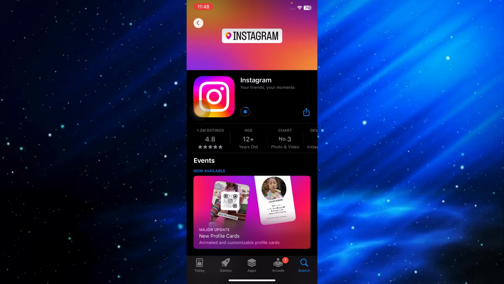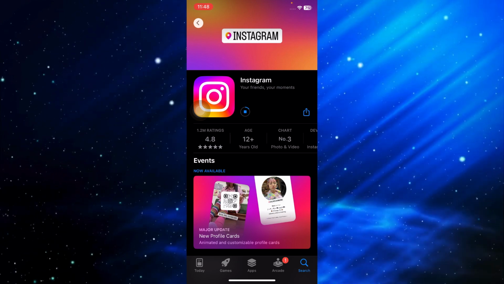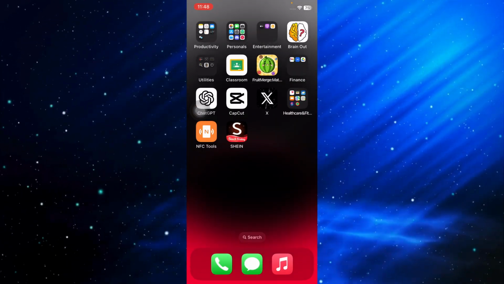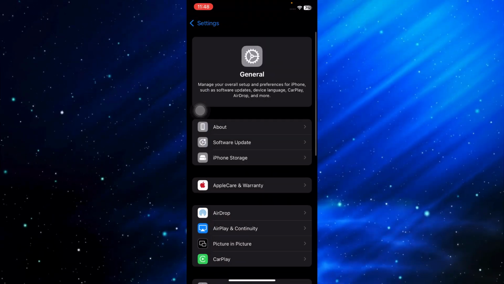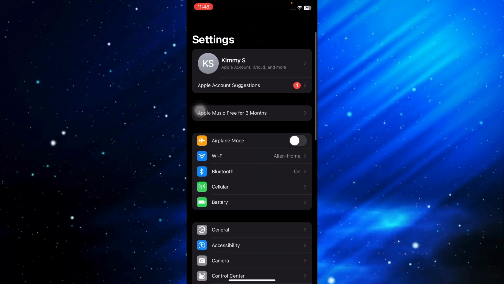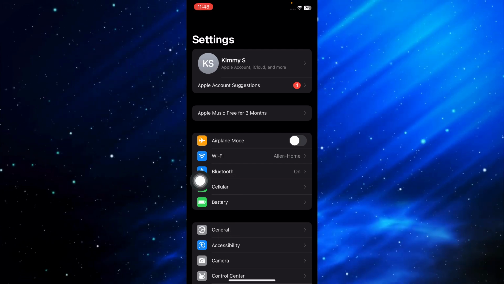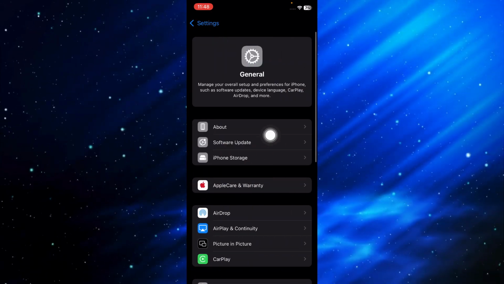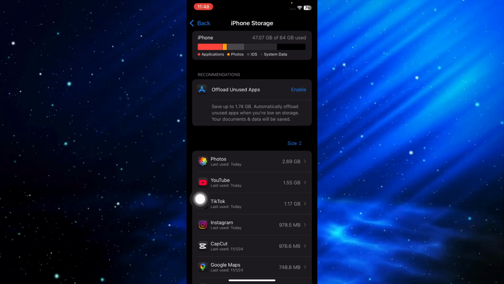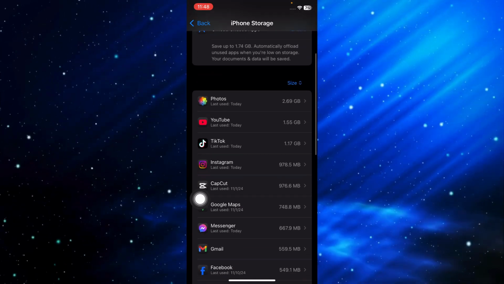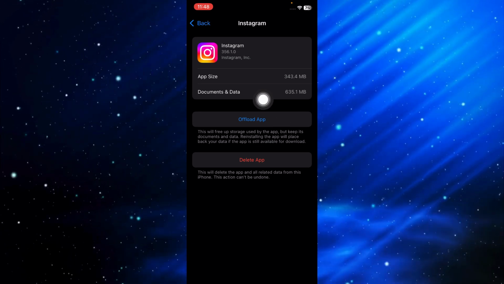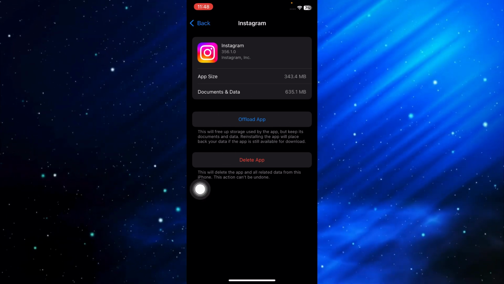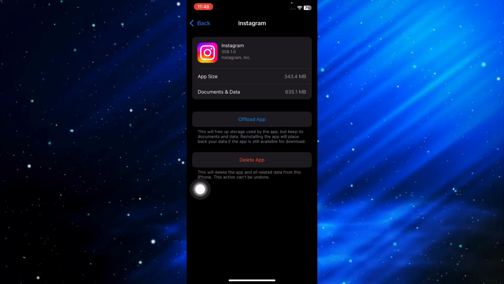After updating Instagram right here and still the problem is not fixed, we then want to navigate through our system settings. Once inside our system settings, we can just go ahead and click on General right here. Proceed by clicking on the iPhone storage, and once inside, you want to look for Instagram. Once inside Instagram, you simply want to click on Offload App, and this will basically remove the application on our